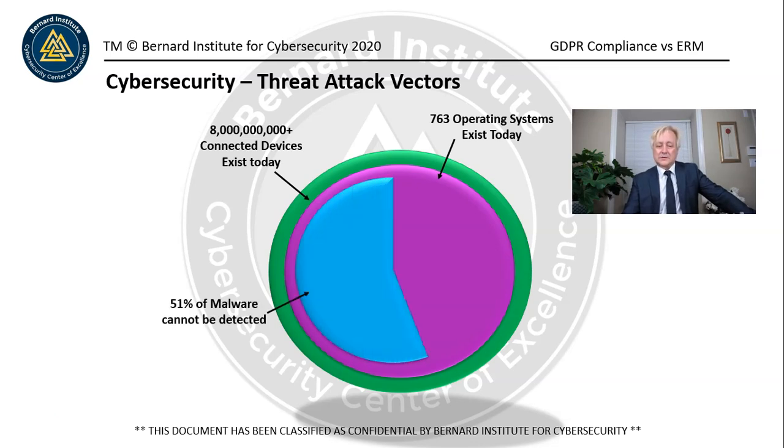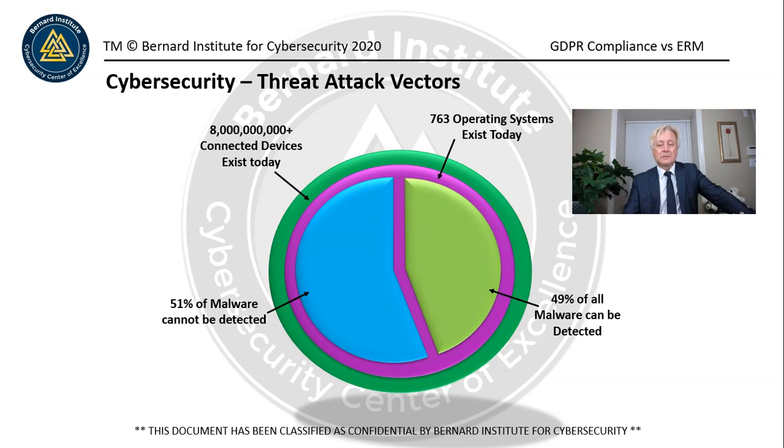51% of malware cannot be detected. And this has been proven through several honeypot projects, and a number of organizations do this on a regular basis. They set up devices out on the internet. They give them different types of configurations. Some are loaded with Linux, some with Windows. Some of them have McAfee, some of them have Symantec. They have different configurations, and then they allow people to attack them on the internet, and then we gather intelligence from that. And this is how we know that 51% of them are totally exposed. They can't see. They can't detect what they don't know about.